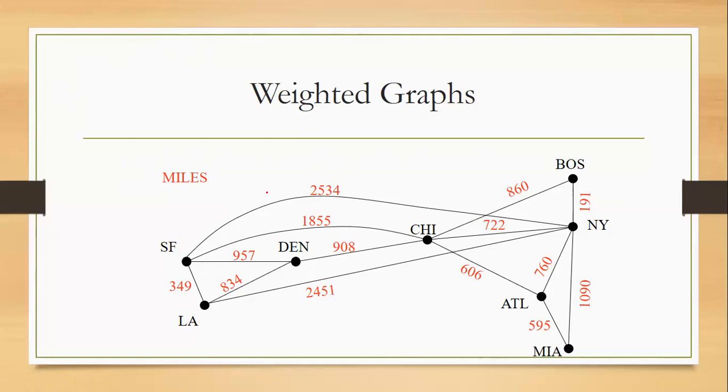Just look at the least distance between the two vertices. Then it is between Boston and New York, which is 191. Now, apart from that, what is the longest path, or what combination of flights can we take from San Francisco to New York? So these are based on the distance or the miles.